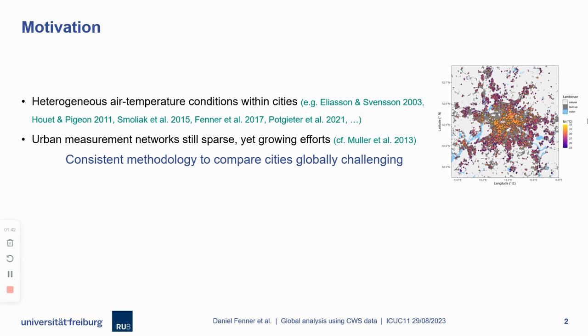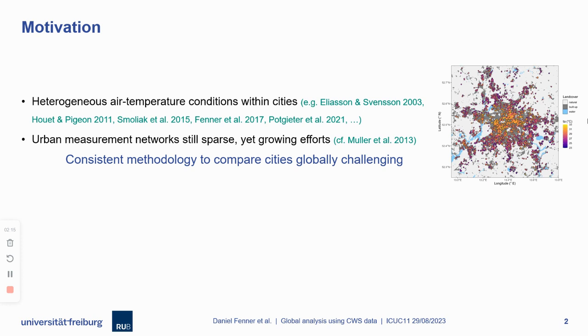Then, of course, you all know that we have really heterogeneous air temperature conditions within a city, which depend on urban form, but also have a specific diurnal course and seasonality, and so on. But there's another discussion, started by Alberto Matthias and also Negin and colleagues, that we may want to focus more on the intra-urban variation instead of just the urban heat island, which has the problem that it has a rural reference which is not well defined, and much of this actually depends on the reference.